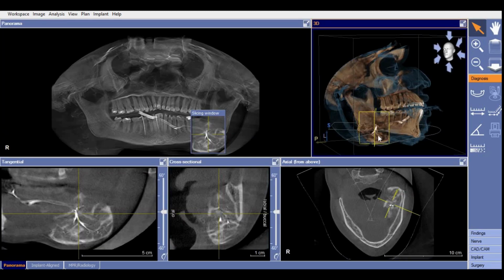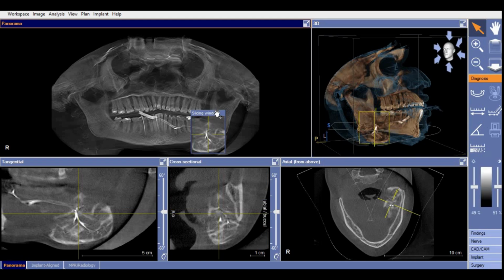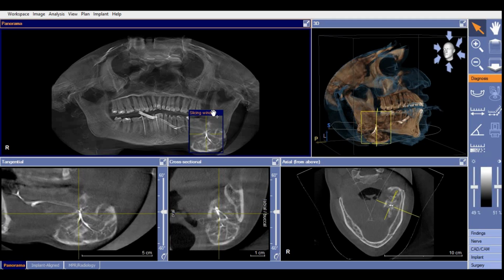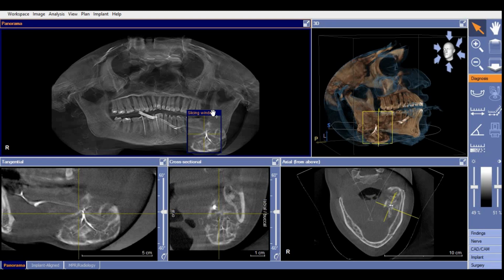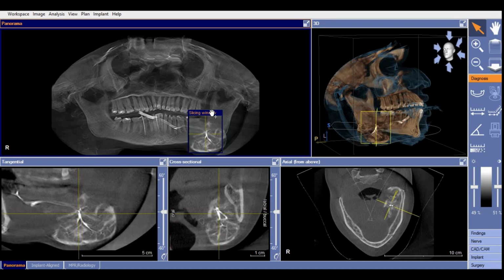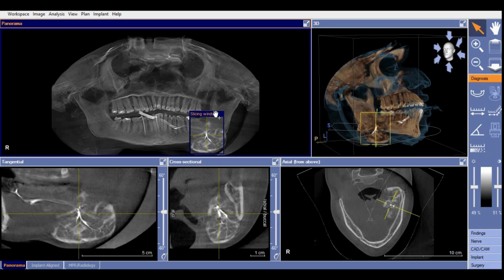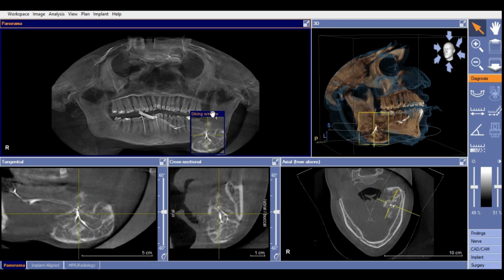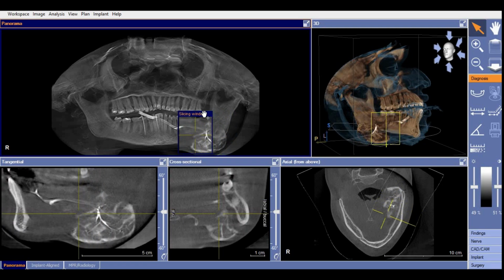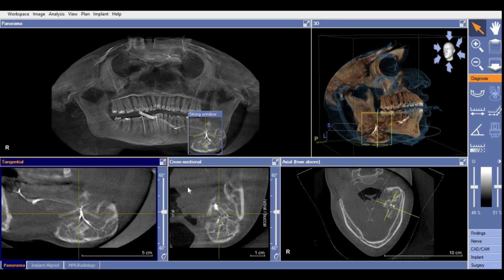This one we mainly use to orient ourselves. Sometimes when we examine each and every slice, we get slightly confused about where exactly we are. To find that, we can always look at the 3D reconstructed image. When I move this slice, you can see it moving in all four sections: tangential, cross-sectional, axial, as well as the 3D reconstructed one. But 3D is the one which clearly tells us exactly where we are looking. So that's all about 3D sialography.